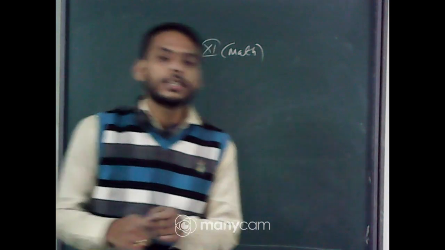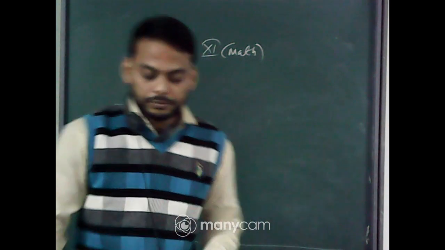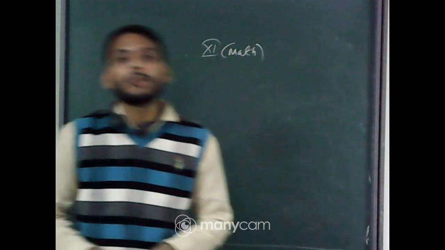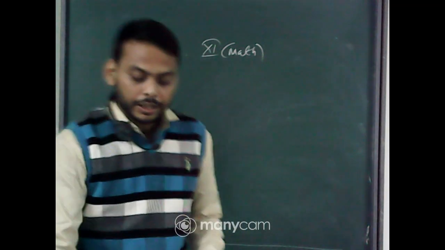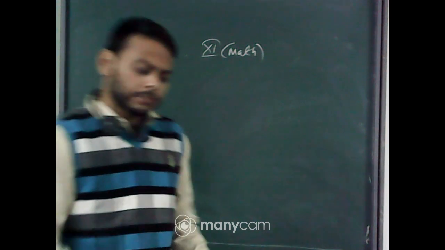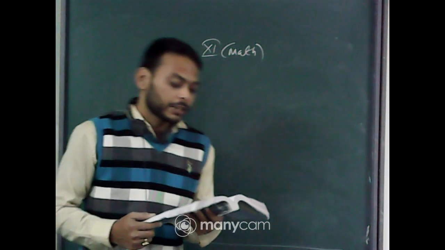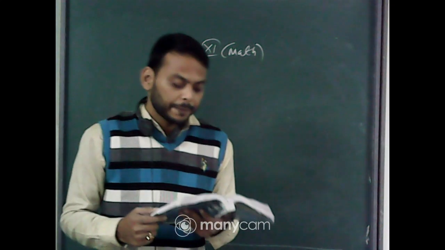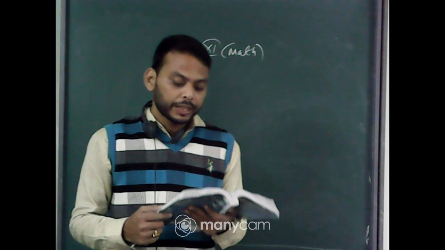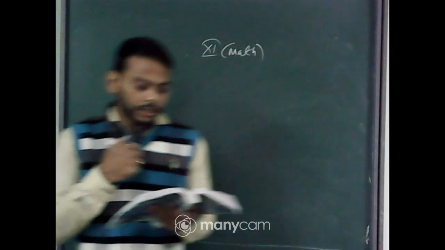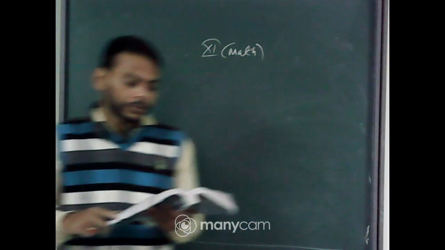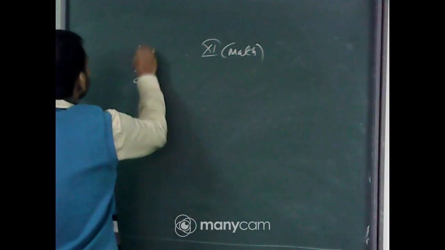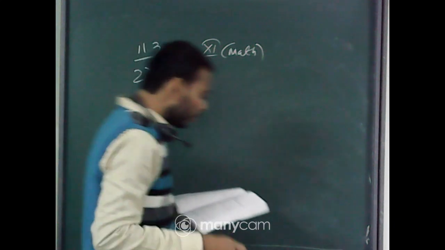You know that previous day we discussed the ellipse, and we also solved one problem from exercise number 11.3. We solved actually the first problem. Today we will solve some problems starting from 2. First of all, let's go through the problem again. Find the coordinates of foci, the vertices, the length of the major axis, the minor axis, the eccentricity and the length of the latus rectum of the ellipses. That is from 1 to 9. So already we have done 1. So today we will solve question number 2.